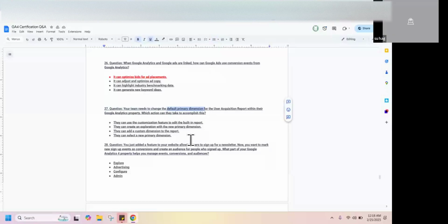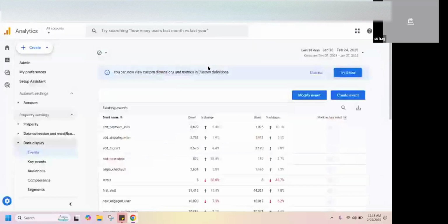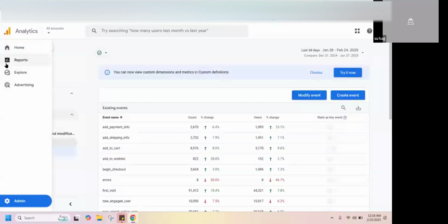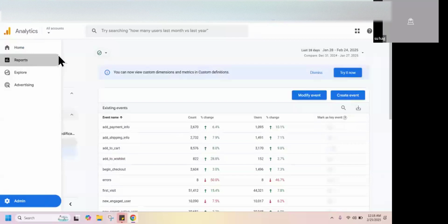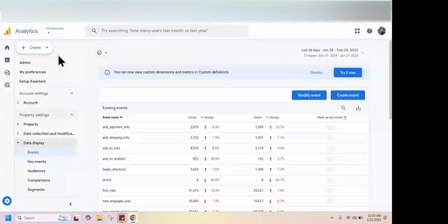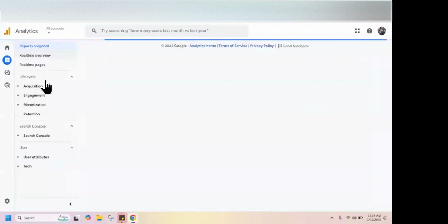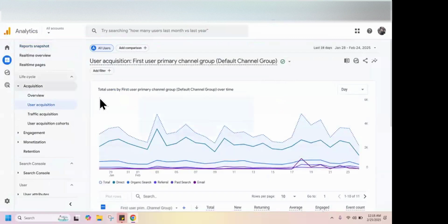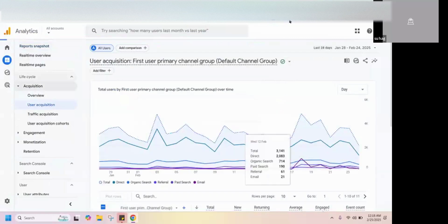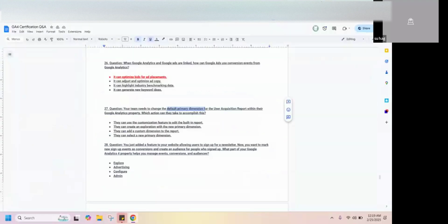The first one, if you go to your GA4, then you go to reports, then acquisition, then traffic acquisition.